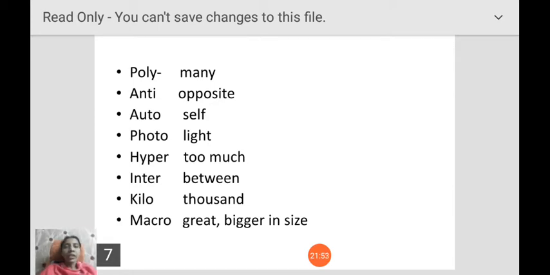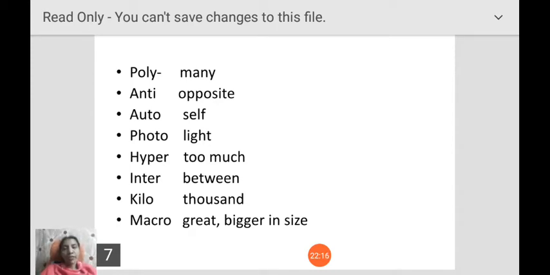Another word is kilobyte. Okay, kilo means 1000. That's why kilogram, kilobyte. Everything we use, kilo, kilometer, right? Something that denotes 1000 is kilo. Then